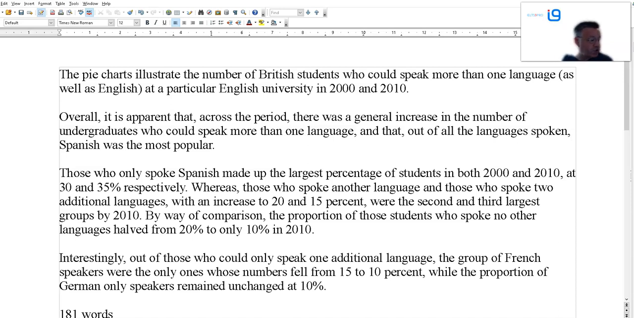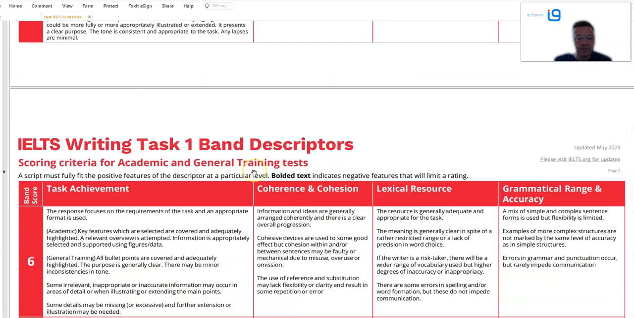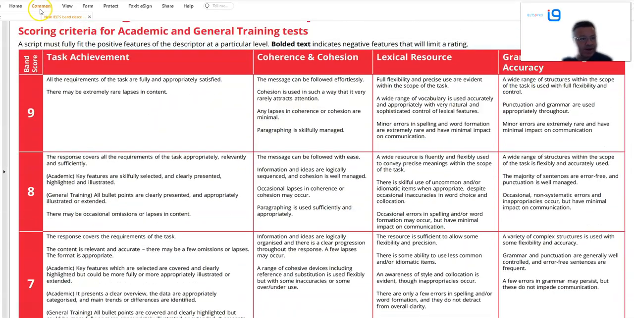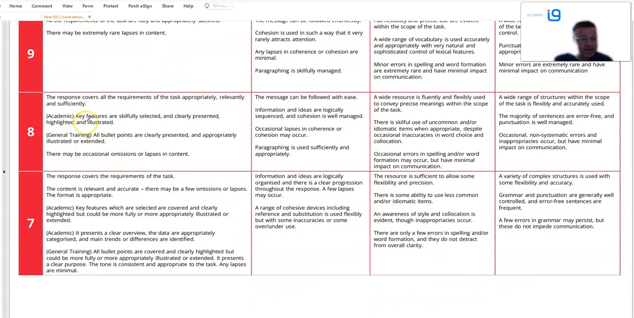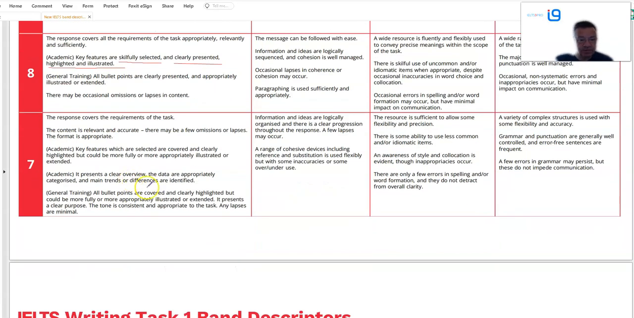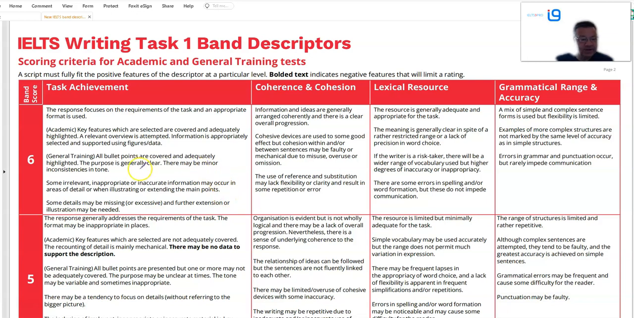Just before we finish, I'll show you this. If this file will open. Okay. So let me just get my pen out and I'll show you. All requirements, okay, academic, right, key features, skillfully selected and clearly presented, highlighted and illustrated. In other words, the overview, you must have a good one. Clear overview, appropriately categorize main trends or differences identified. Right? Overview. If you don't have a good one,